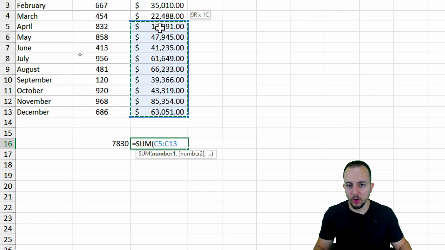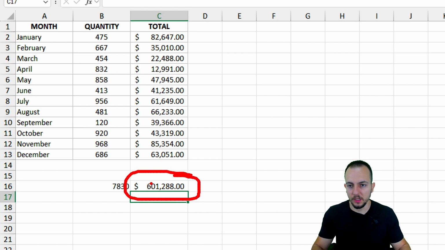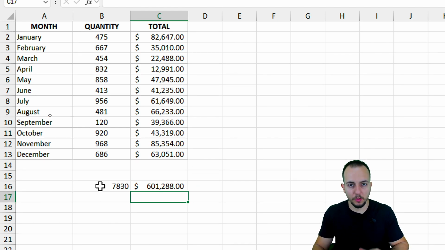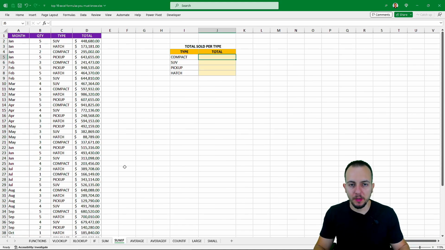I want to add up all those values and then enter. Okay, so this is the final result. This is how we can use this simple formula function in Excel, the SUM function. Another function that is very important and is very similar to the one that we just did, the SUM function,